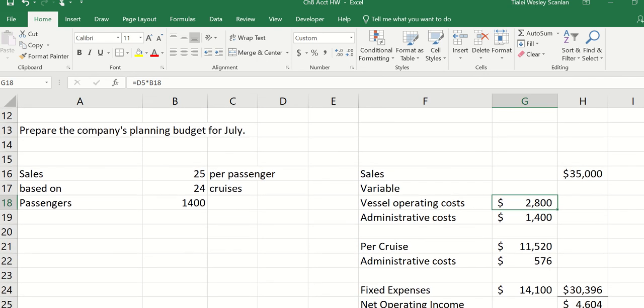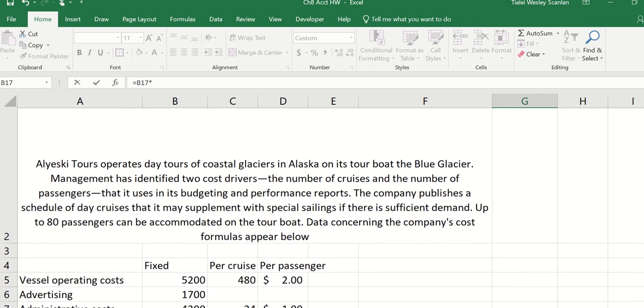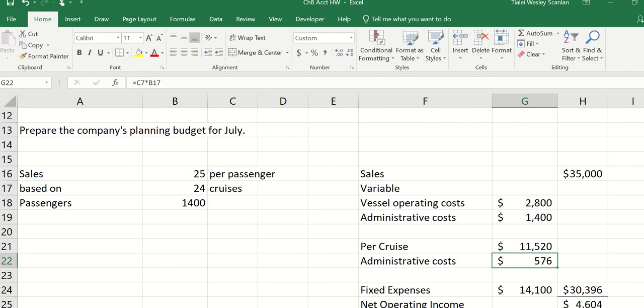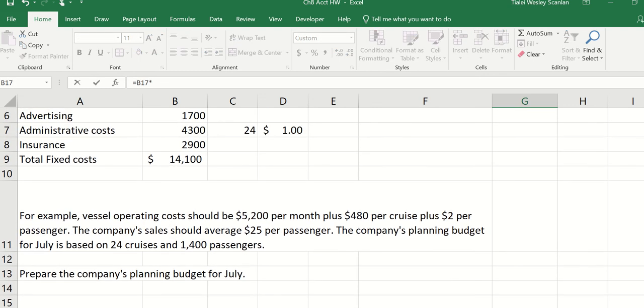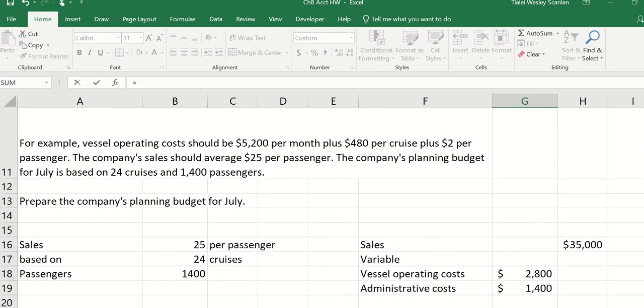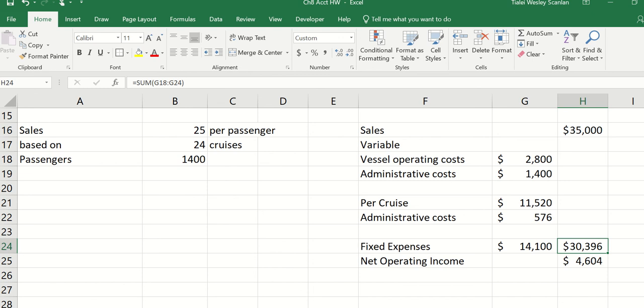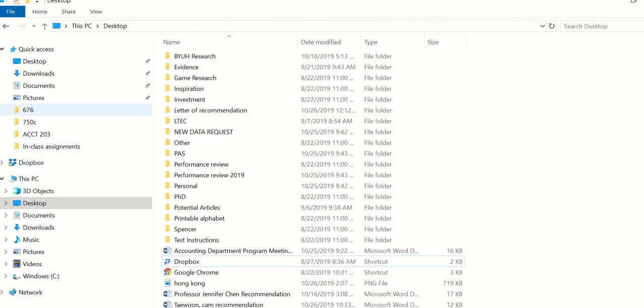And then per cruise, we said there's 24 cruises, times it by the cost per cruise, $480 per cruise, and then 24 cruises times it by 24 administrative costs per cruise. I've already summed up all the fixed expenses over here, and so that would give me a total fixed expenses and a net operating income. The homework solution